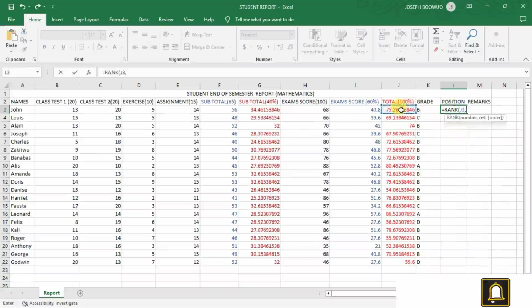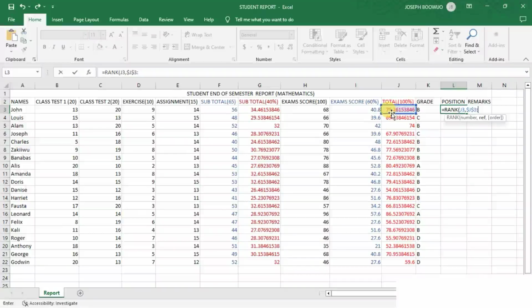So use the dollar sign, then the cell name J, dollar sign, 3, colon,